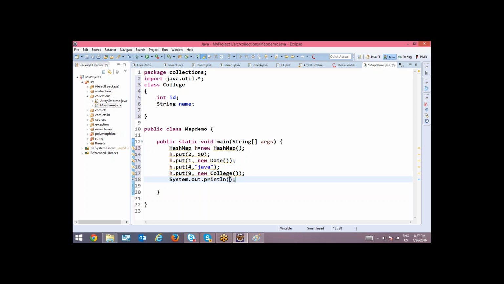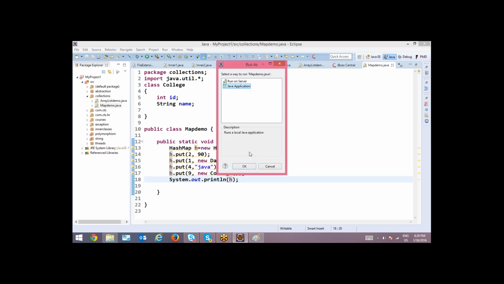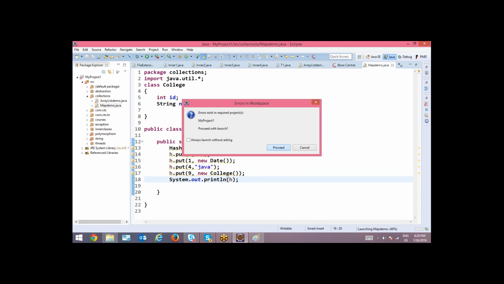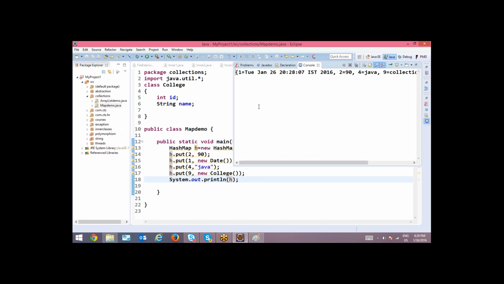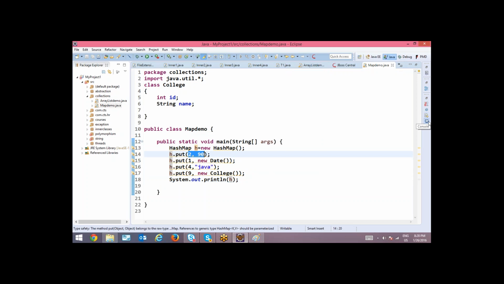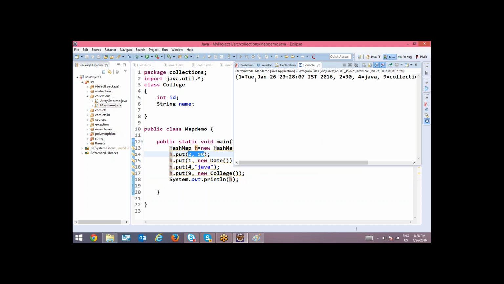Now if you print here, you can see key value pairs are stored. The order you entered is first 90, but here it is storing 1 and date. Second is 290.